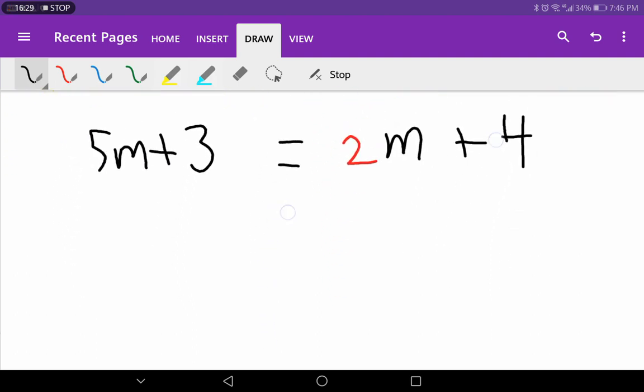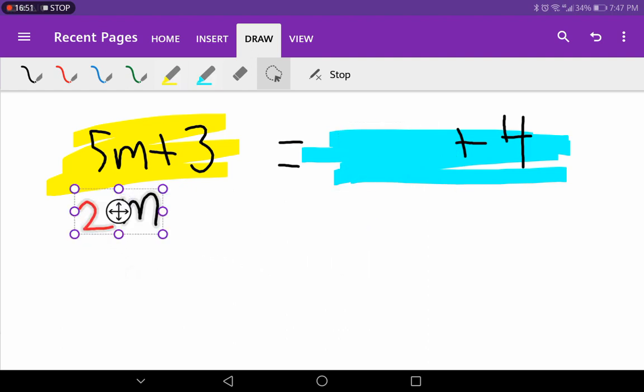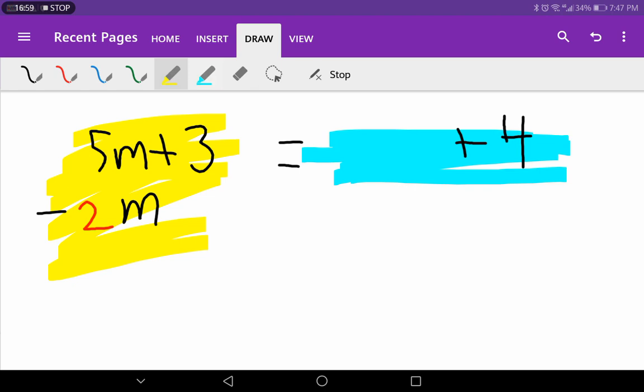So teacher, now it will be easy. Yes, now as you know, we move this guy from the blue side to where? To the yellow side. Yes, so when I move it, teacher, I will change the sign. I will never forget that. Good boy. Okay, what happened to the yellow side here? 5m negative 2m, it is 3m, teacher. Good. What else? Plus 3. Great. Equal